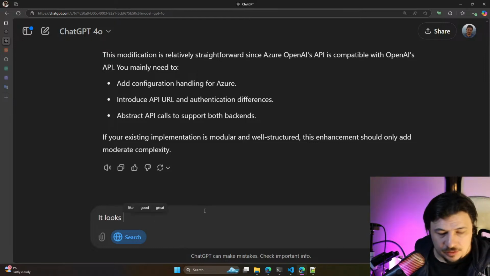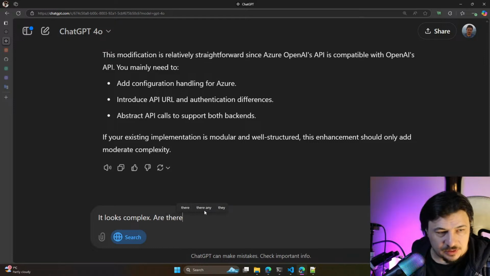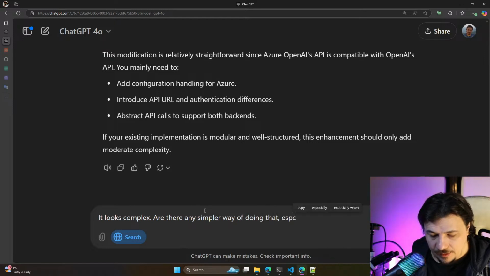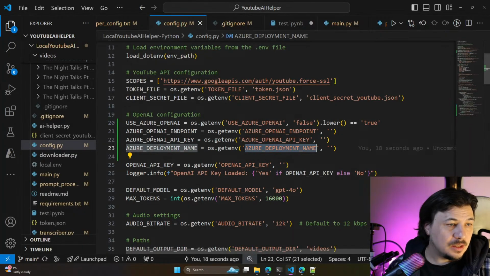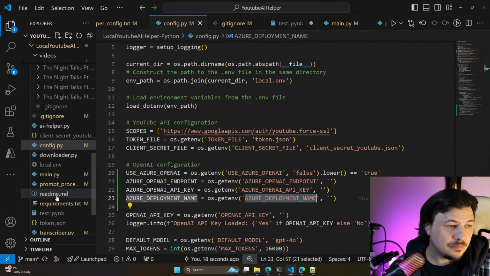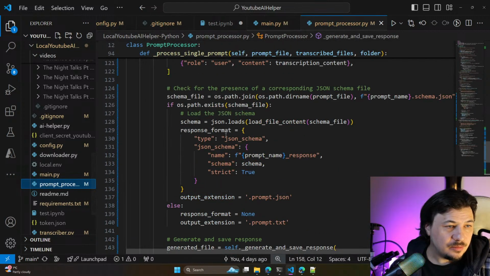It looks complex. Is there any simpler way of doing that, especially if I am using the latest OpenAI Python library, and what I am using, let's use process prompt.